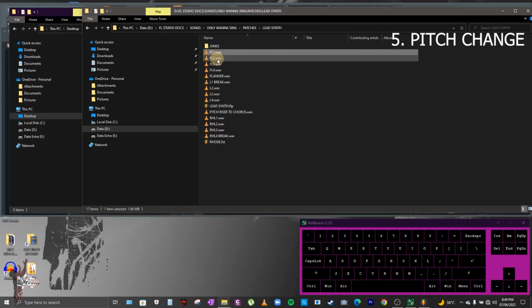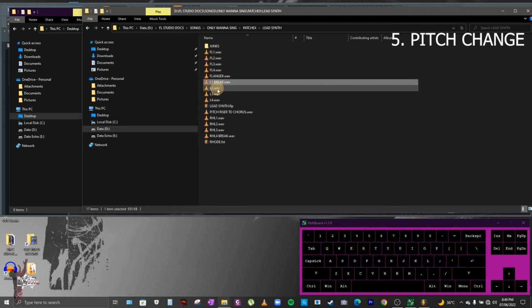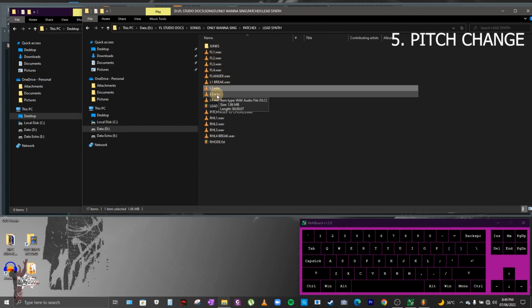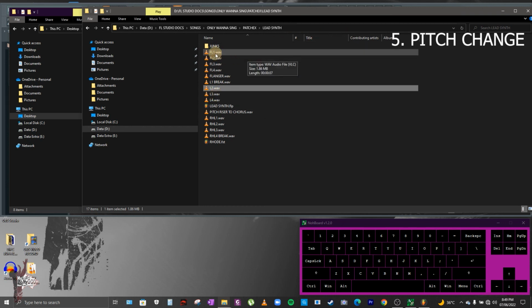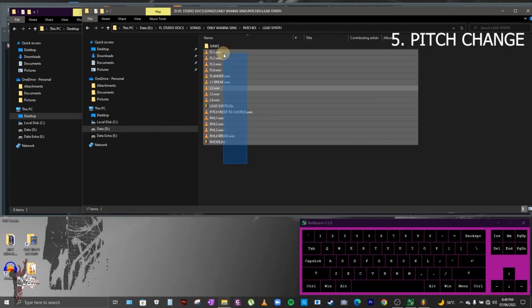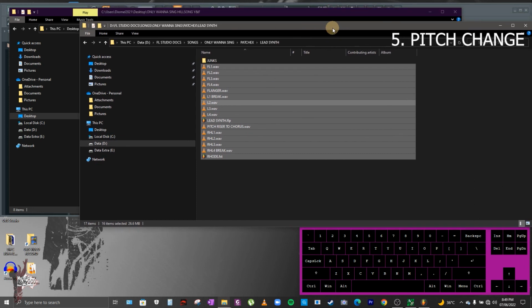Here you need to drag and drop this to Edison Editor, then change the pitch, then export. So every time you will repeat the process one by one. Unfortunately, there is no shortcut wherein you can convert everything in one go into a different key.